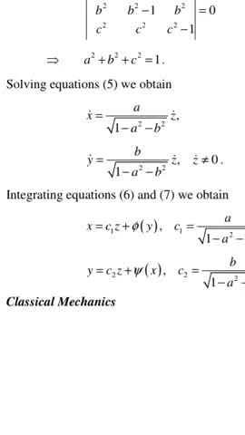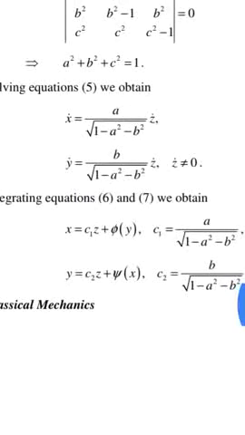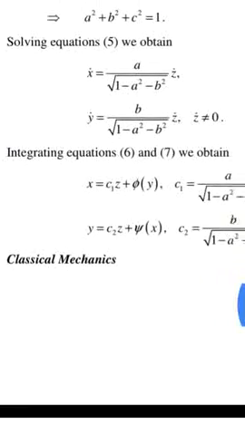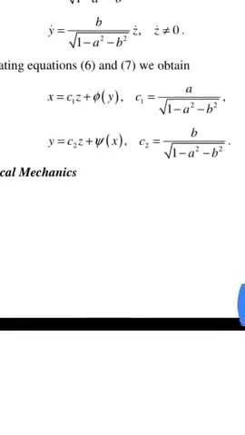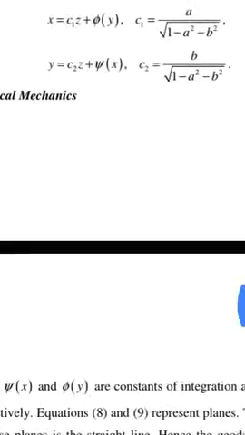And solving these, x dot is equal to a divided by the square root of 1 minus a square minus b square times z dot, y dot is equal to b divided by the square root of 1 minus a square minus b square times z dot, where z dot is not equal to 0. Integrating, we get x is equal to c1 z plus phi of y and y is equal to c2 z plus psi of x,